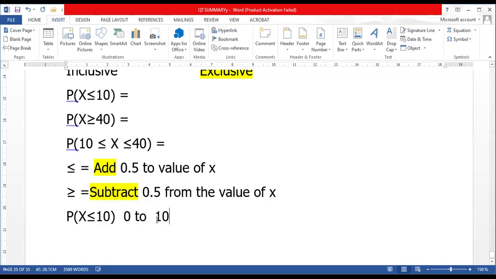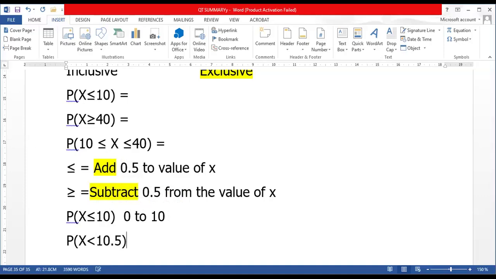Yes, it is to 10. Now, you want the exclusive value, in a way that if you add 0.5, it will help you. It will be x less than what? We said you add what? 0.5. So it becomes